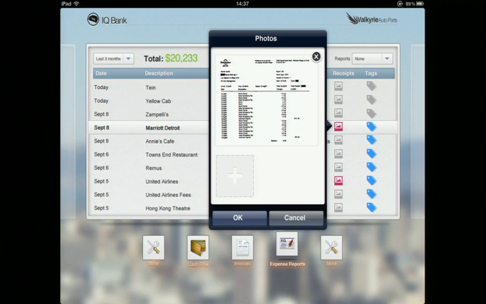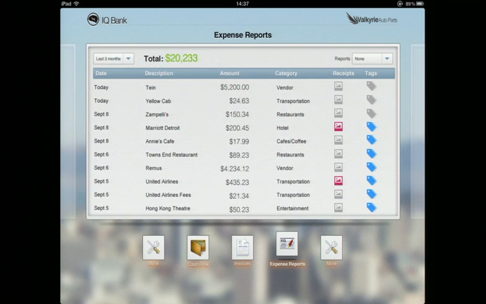Marriott. And how this happened was I had the Marriott email it to the expense receipt management email address here, and it automatically looked at the information in that folio, and it determined that it was associated with this transaction. So that makes it really easy. That looks right. I'm going to go ahead and click OK.